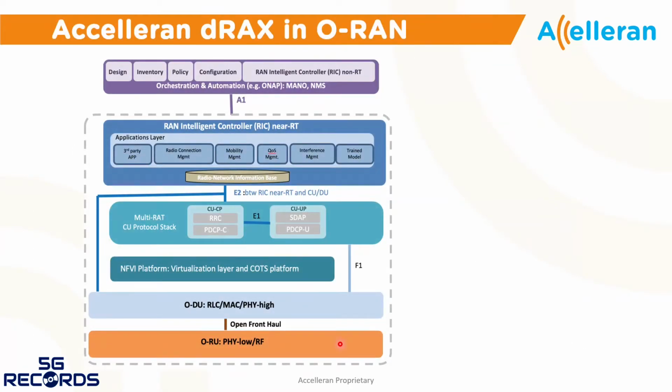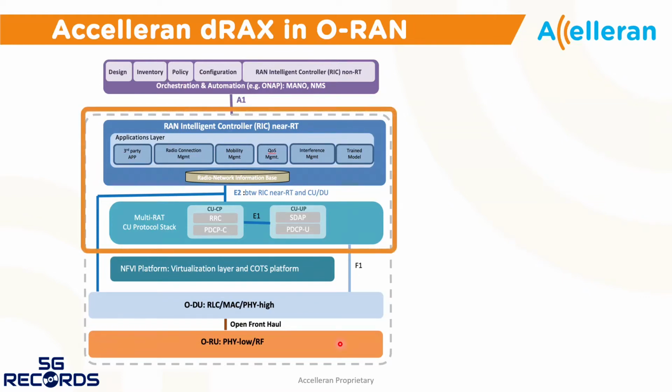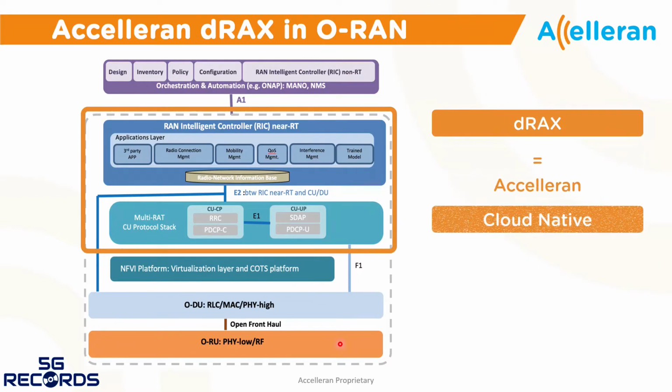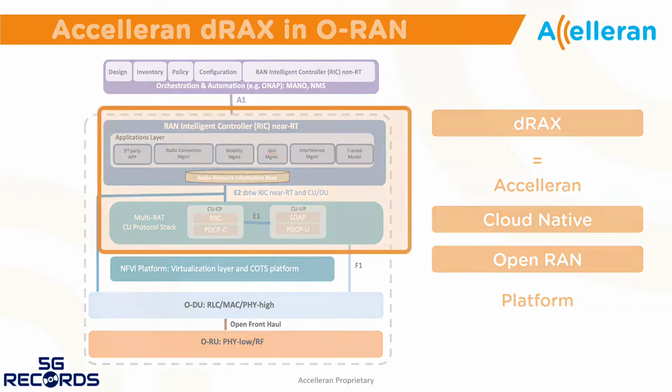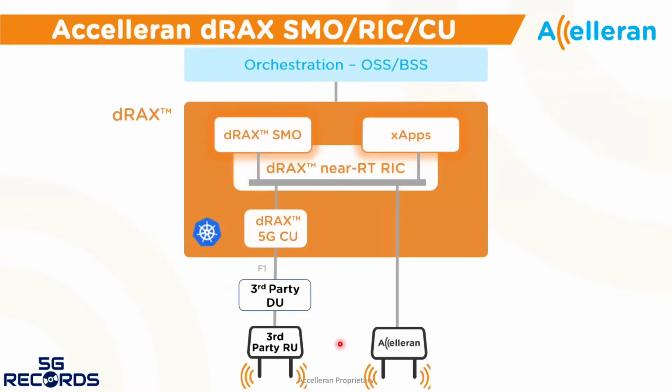Here you can see the O-RAN Alliance architecture and the scope of dRAX in there. You can think of dRAX as Accelleran's cloud-native Open RAN platform. This cloud-native platform is deployed in Kubernetes and is all based on microservices and components that are running on a Redis NATS